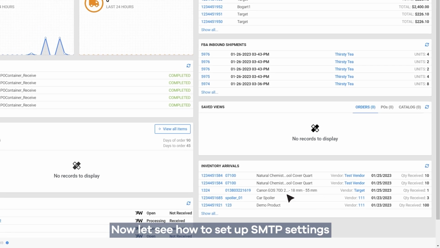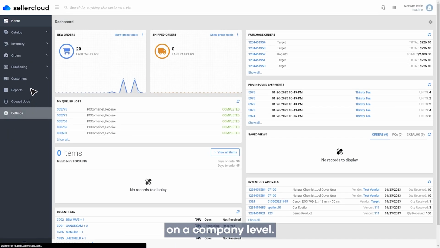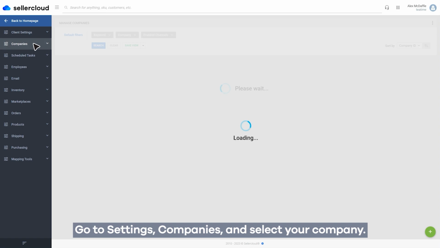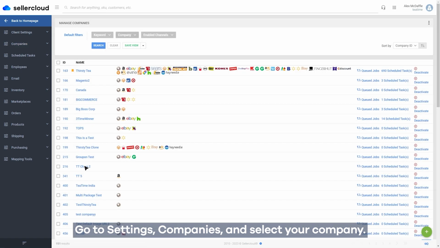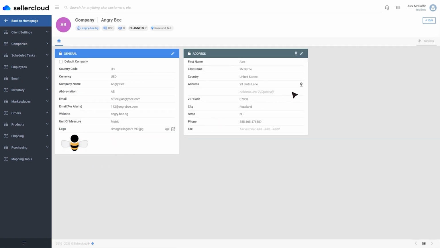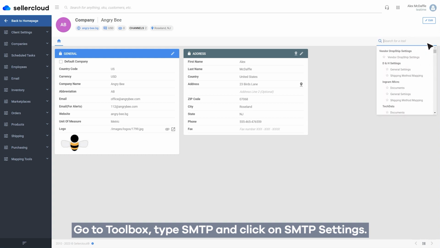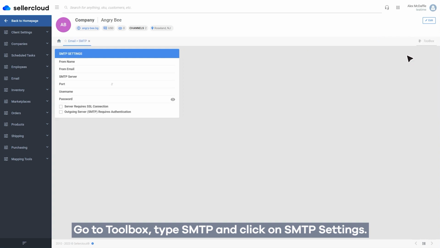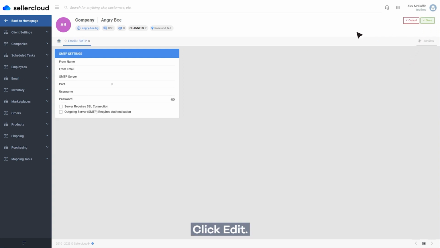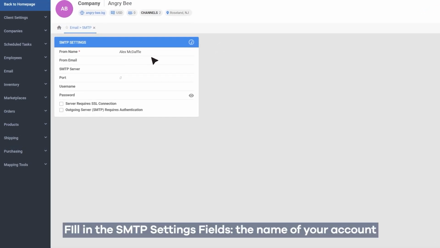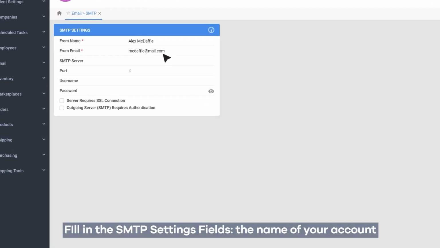Now let's see how to set up SMTP settings on a company level. Go to Settings, Companies, and select your company. Go to Toolbox, type SMTP and click on SMTP Settings. Click Edit. Fill in the SMTP settings fields: the name of your account, the email address that will display in